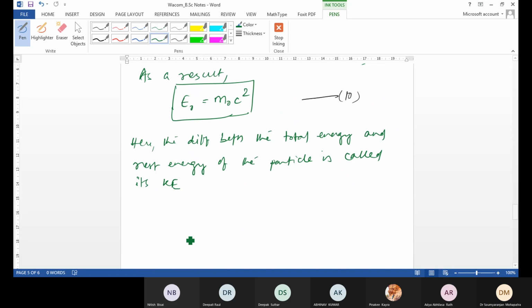Understood or not? So this thing can be correlated with your astrophysics, that when people believe that the Big Bang has occurred, and at that time if any particle was ejected after the Big Bang, those particles are continuously moving, they can never come to rest. They are moving close to the speed of light. Okay, so the difference between the total energy and rest energy of the particle is called its kinetic energy. That helps it in moving close to the speed of light, or if it's a photon, then it is the speed of light itself. Okay,